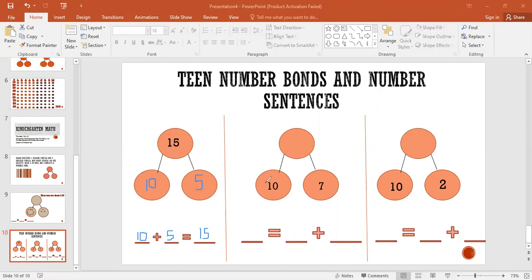All right, this one's a little different. I don't have my total filled out yet. I have my 2 parts. So let's say this in the say 10 way, 10, 7. What teen number